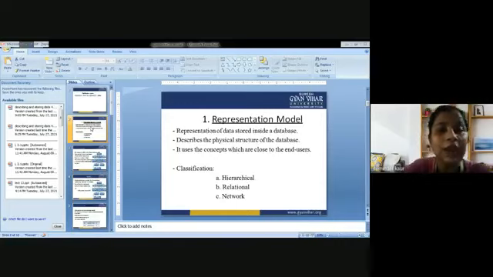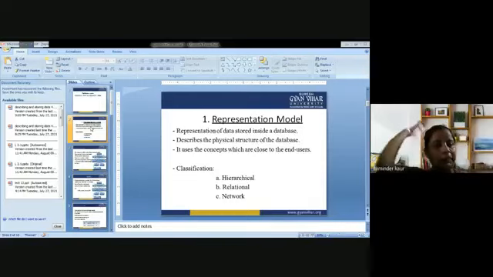So there are various classes of models. The first one is the hierarchical model. As the name implies, there could be a proper hierarchy followed in the database management system concerned with the organization. Next is relational, which could define a relationship between two entities, two tables, or anything. Next is networking: how the network flows within an organization, how the network is built, which is concerned with the database of the organization, how we interact with each other, how we share data with each other.